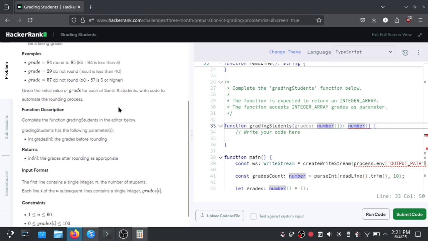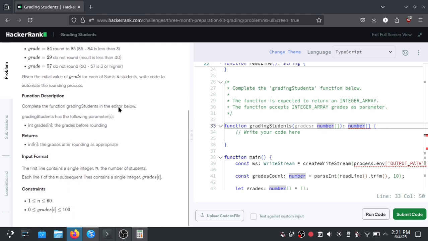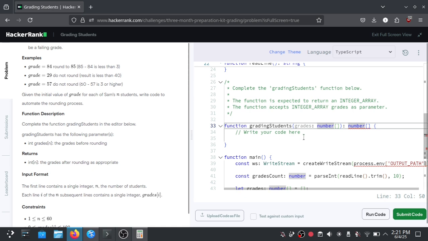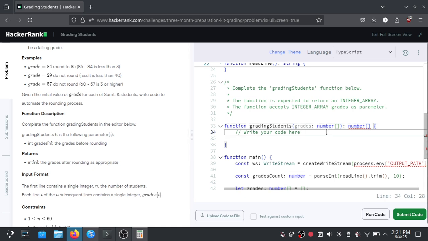In this case we are going to process every student grade in the array, and return the result as a new array.